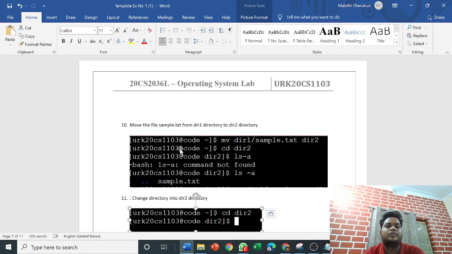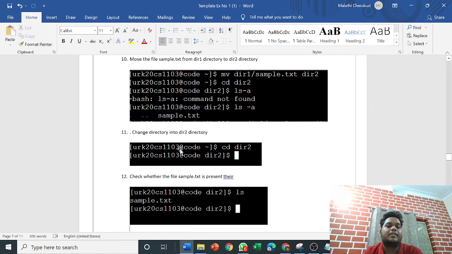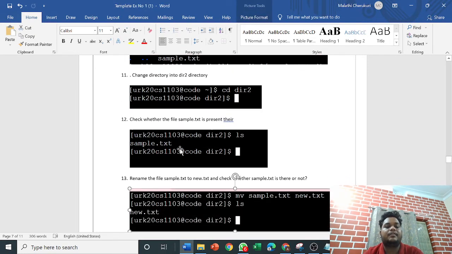Changing directory is very simple. We can use the cd command and the directory name that you want to change to, so it will easily get changed. And then check whether the file sample text is present there.